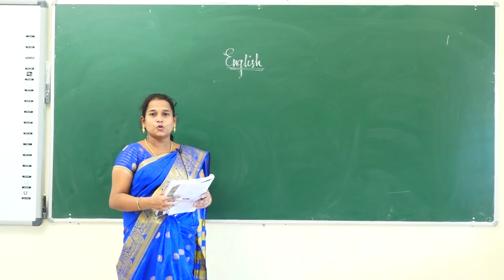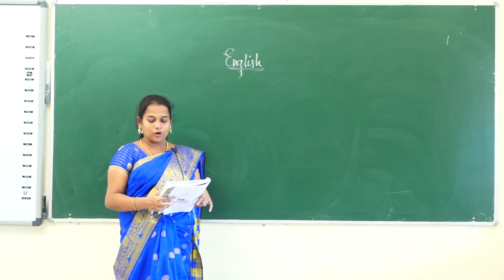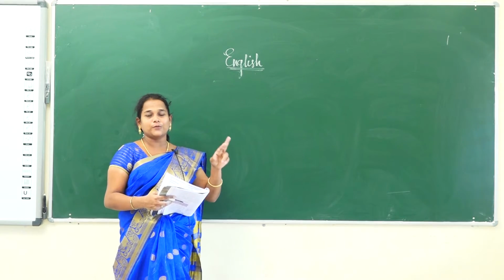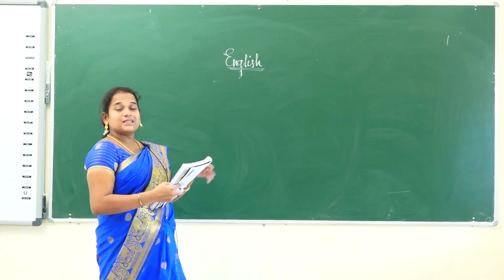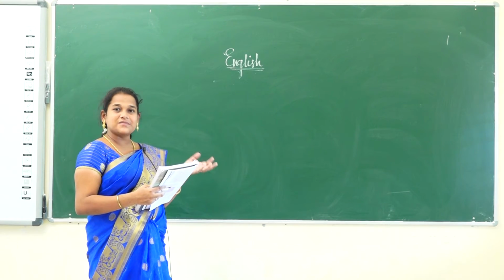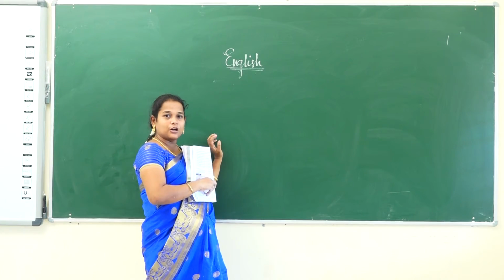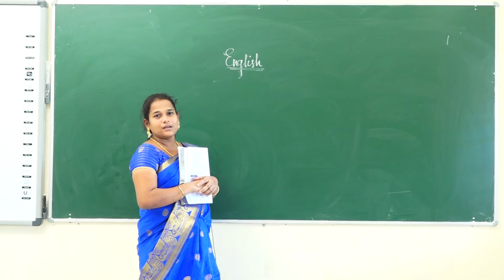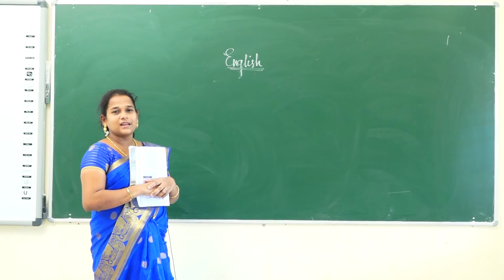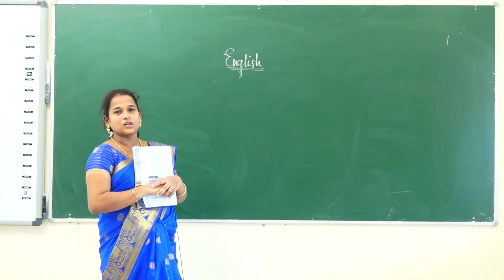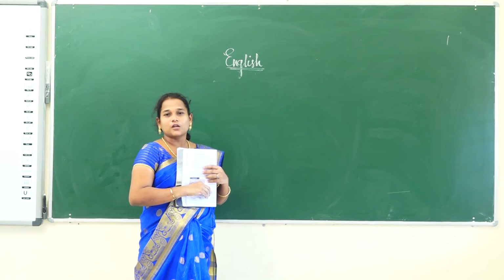So I had told you there are 2 types of question. One is yes or no question, another one is WH question, with the question word followed by the verb. So let us discuss the questions which begin with yes or no, that is, auxiliary verbs. What are the questions which begin with auxiliary verbs? See, do you like milk? We will say yes, I like milk, or no, I won't like milk. This is how we are answering yes or no. So this is called a yes or no question.